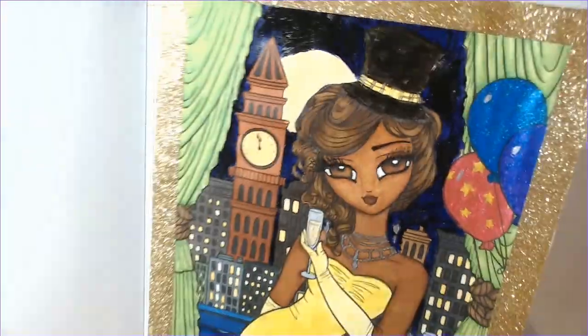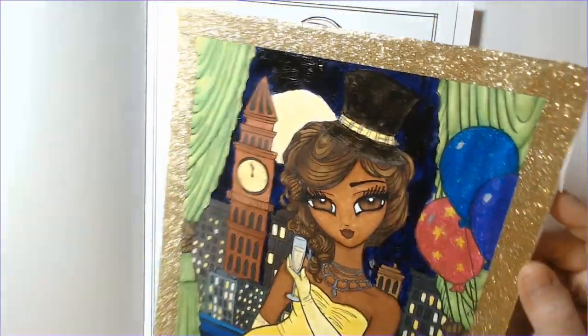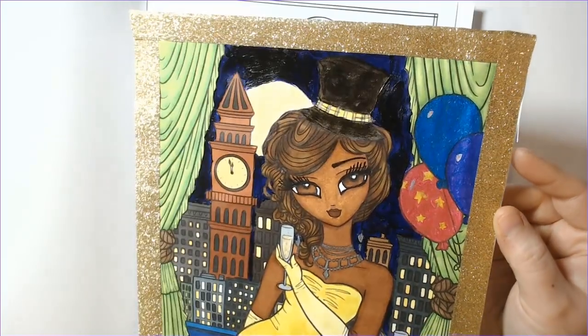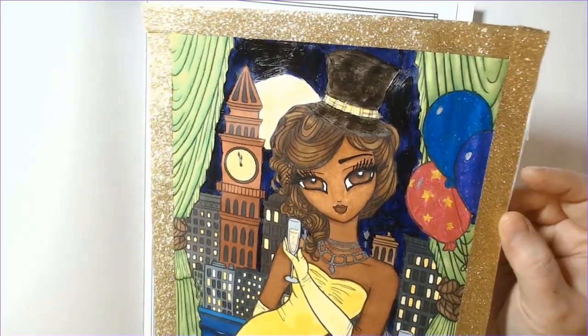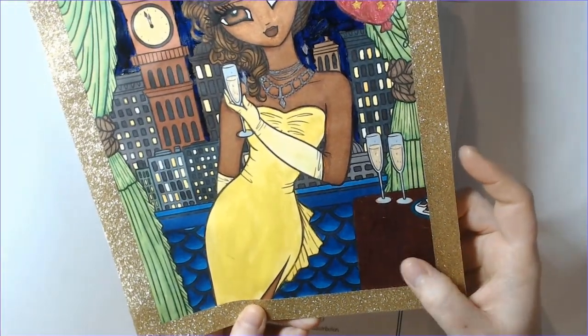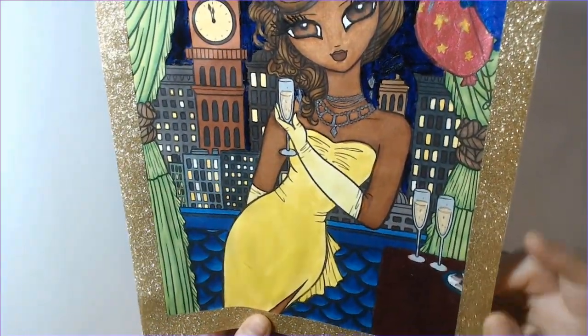I have some Pentel Sparkle Pop pens, which gave a great look to the balloons. I like that kind of mylar or shiny look to them. This I tried to paint. I didn't like it, so I went back over it with a gel pen, and it looks kind of metallic-y,